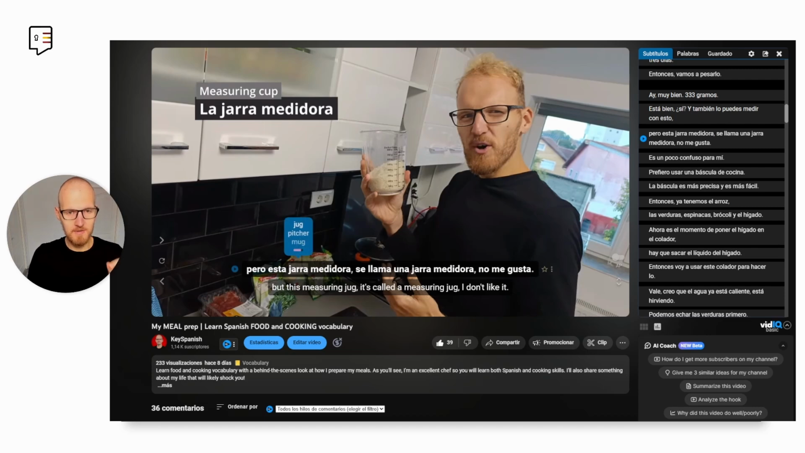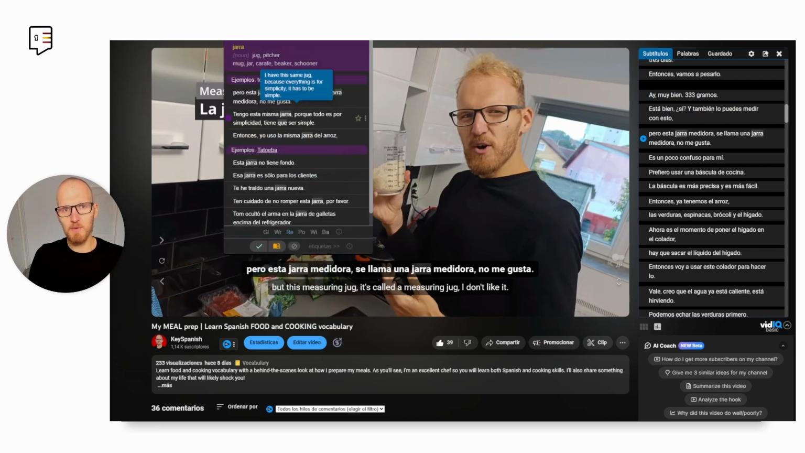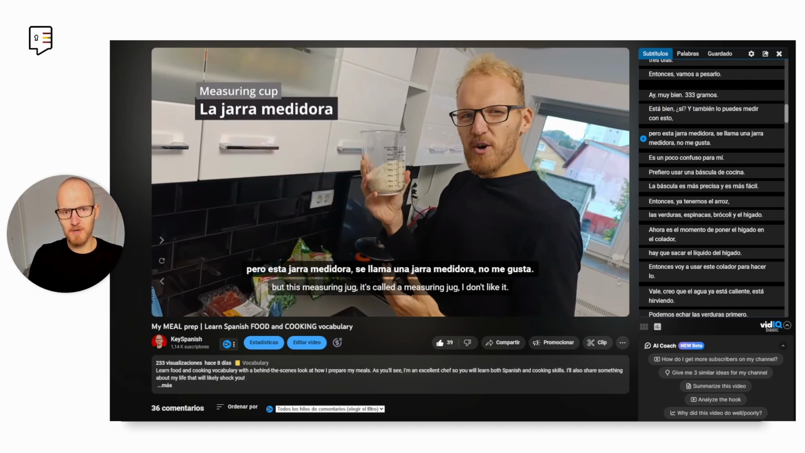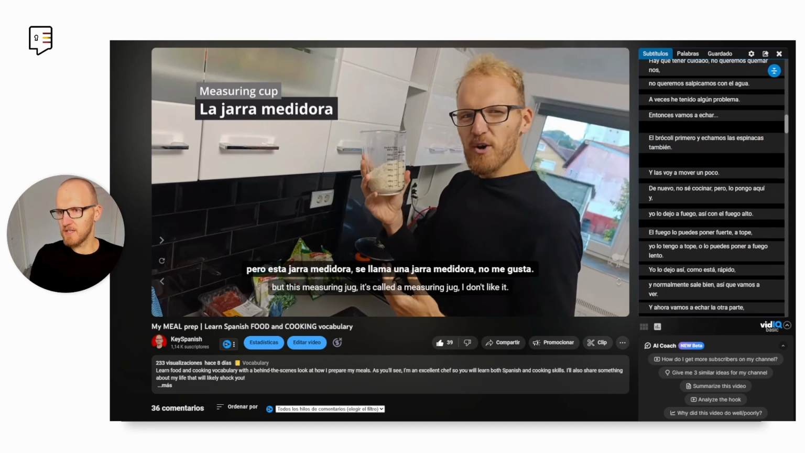And also the best feature is that on the subtitles you can click on any word like jarra, and it will give you more examples of that word. And you can also save those examples for later study and do many more things. You have also the transcript on the right of the screen, where you can see even more information, and there